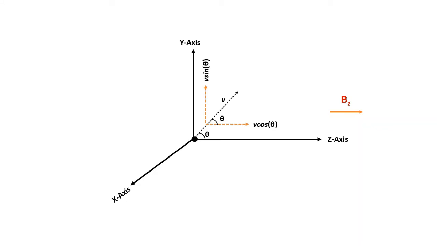We know that when the charged particle moves perpendicular to the magnetic field, it follows a circular path. So the v sin theta component tries to move the charged particle in circular motion, whereas the v cos theta component tries to move the charged particle without any deflection. So the resultant trajectory followed by the charged particle is the effect of v cos theta and v sin theta. The resultant trajectory is the combination of the parallel as well as perpendicular component. Let us see this with the help of an animation.